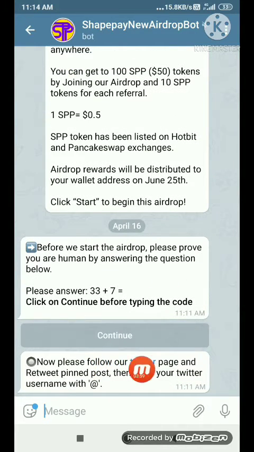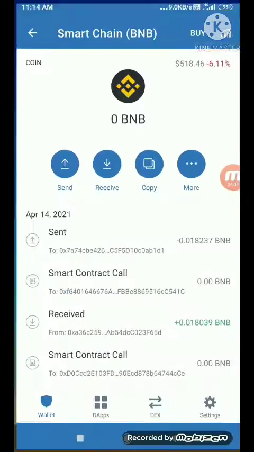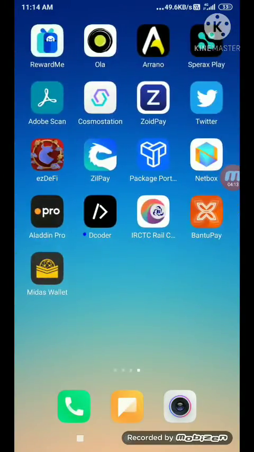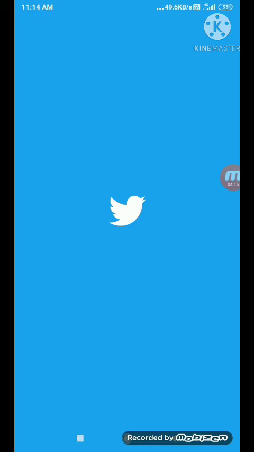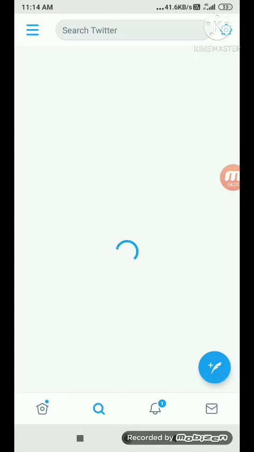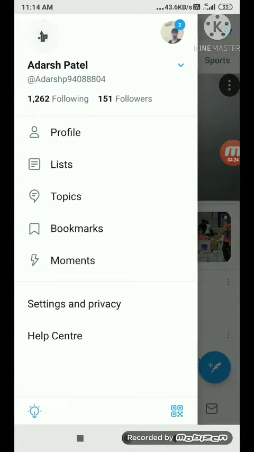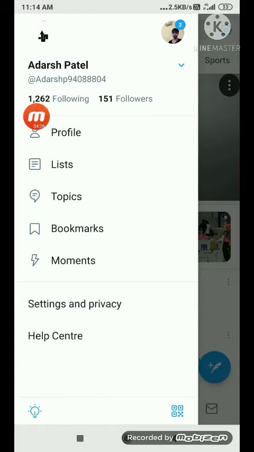It is told here to follow their Twitter page and retweet the pinned post. We have already done this task. Now you need to submit your Twitter username. You just need to open your Twitter app, and your username will be given there. When you open the Twitter app, click on the top left icon, three bars, then you will get your Twitter username.